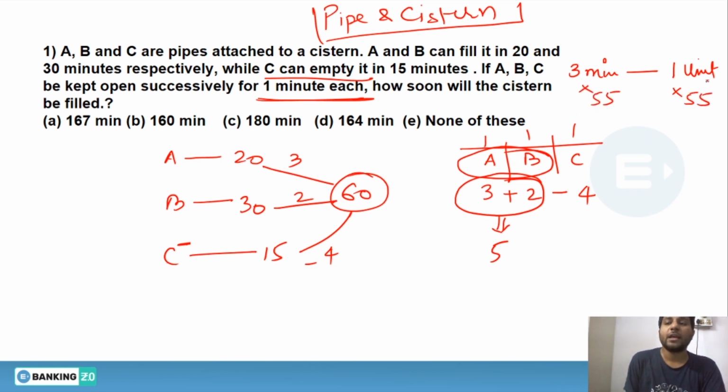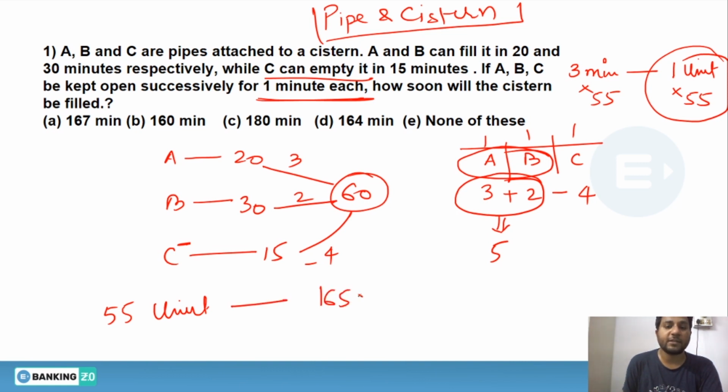Because if you have completed 55 units of the tank in 165 minutes, then for the next 2 minutes those 2 filling pipes will come and they will fill the rest of the 5 units individually, and they will take 2 more minutes and complete the whole tank in